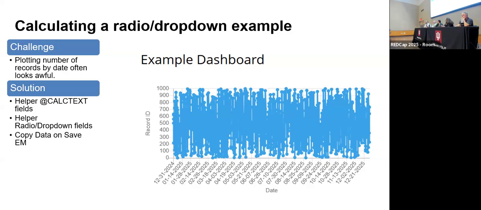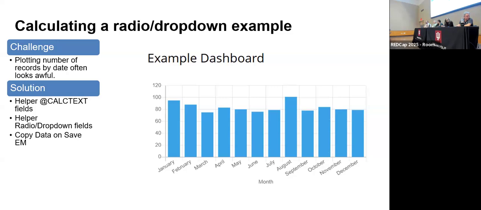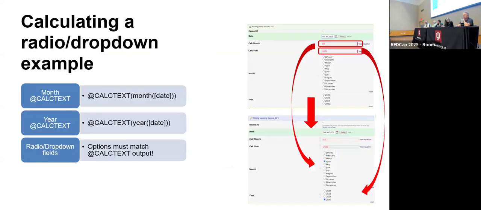In this example, you can see this is plotting the number of surveys on a time scale, and it looks awful. But you can use copy data on save to say, hey, this date value, I want you to take the month from that date field and make it a categorical response option. So you would have a categorical response for month. And then you could also have one for year, parsing that out into a calculated field, and then using copy data on save to take the data from the calculated field and apply it to that radio or dropdown field to then get these nice little buckets for months instead of having a date field that just goes all over the place. And as an example of how this works,